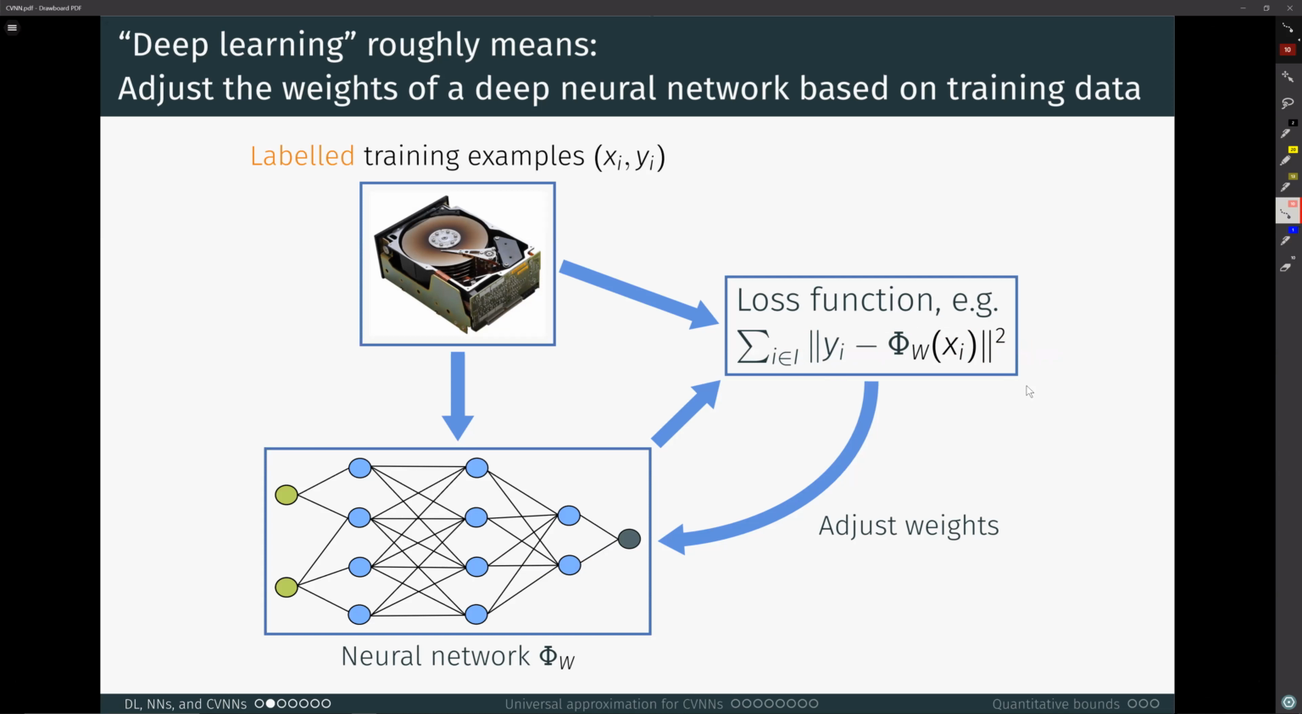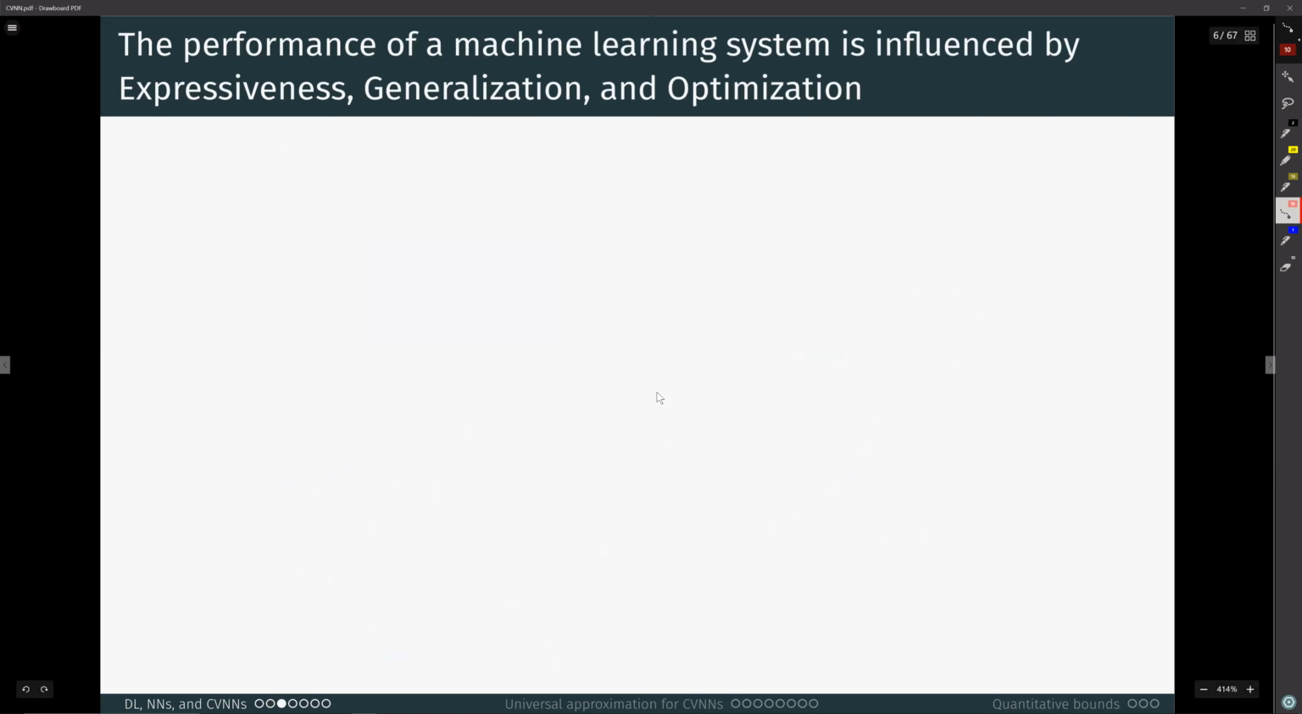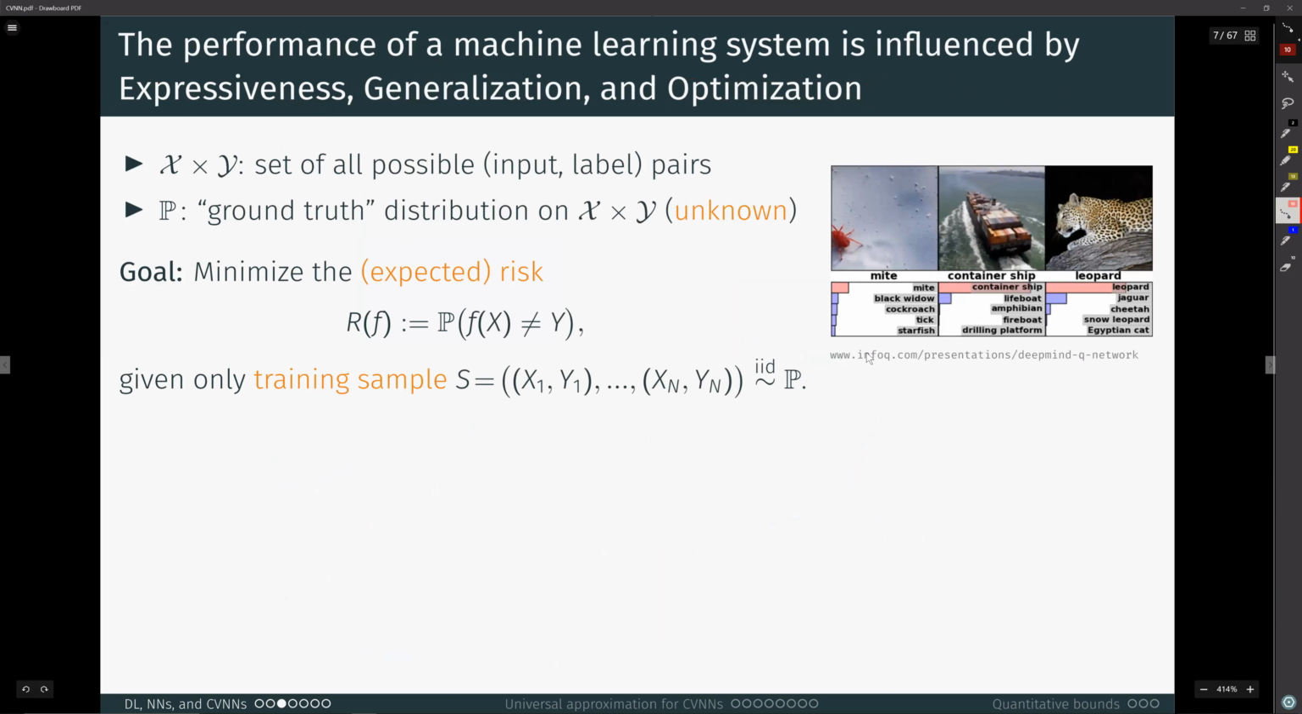But up to now, there is no comprehensive mathematical explanation of why this works so well. But if you want to understand this, the consensus is you should try to understand 3 things, which are called expressiveness, generalization, and optimization. So to explain what this means, let me briefly introduce the mathematical formalization of this learning